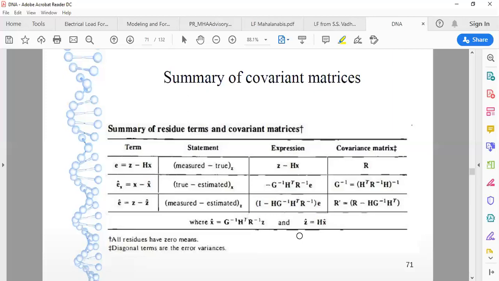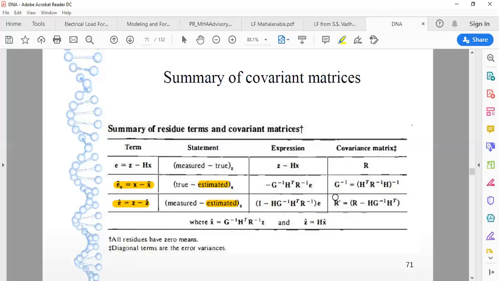Previously e x hat means it is the expected value dealing with x state variables. Now e hat means expected value of measured variable. So the difference between these two is, over here it is all about expected value of state variables, and this is expected value of measured variables. So z hat shows the expected value for that measured variable, while x hat represents the expected value for state variables. Hence over here it is different altogether, and this is equal to covariance.